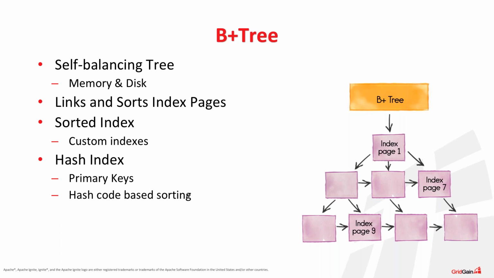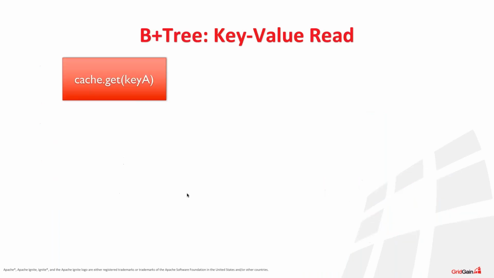Well, keeping in mind that B+Tree is a central part of the virtual memory architecture, now let's take a look at the execution flow of a basic and the simplest cache get operation that you usually can do in your application code. Or for instance, instead of cache get, you can execute the simplest SQL query like select everything from cache where key equals something. It will be executed in a similar way.